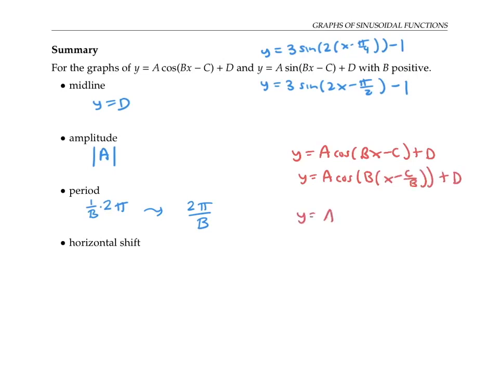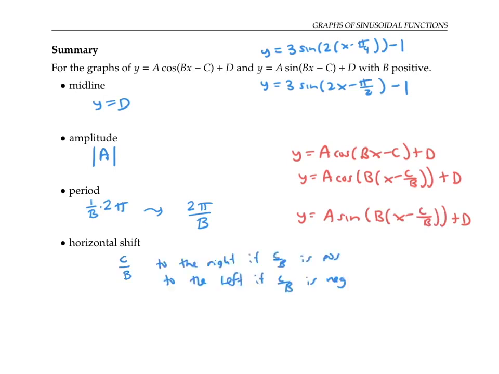Similarly, for the sine function, I write y equals a sine b times x minus quantity c over b plus d. Then I can read off the horizontal shift as c over b, and that'll be a shift to the right if c over b is positive, and a shift to the left if c over b is negative. This might seem backwards from what you're used to, but it's because we have that minus sign there. So if c over b is positive, we're actually subtracting on the inside, so that shifts right. If c over b is negative, minus a negative is actually adding something, and that's why it shifts